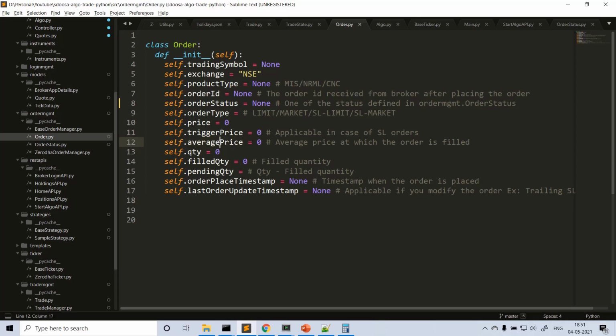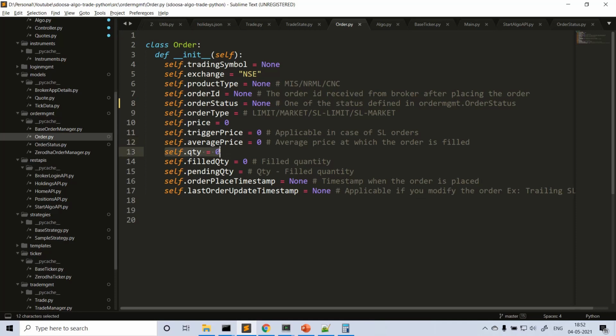I mean, when you place 1,000 quantity, internally it can be like 25 quantity, 50 quantity, 30 quantity. So all can group into a single 1,000 quantity. So the average price will be different in this case. If you are placing a limit order and it is filled there, then the limit order price and average price will be the same. But in case of market, this will be different from your requested entry price.